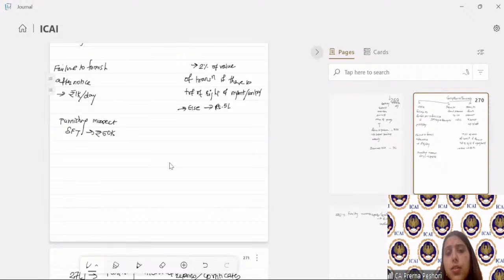There is one more penalty which is newly introduced, which is for the research associations and universities which are allowed scientific research, for which you get the scientific research deduction under section 35. These research institutions or universities are required to give a statement that they are fulfilling certain conditions, and also the statements of the donations received. If they fail to do that, the penalty is 10,000 to 1 lakh.